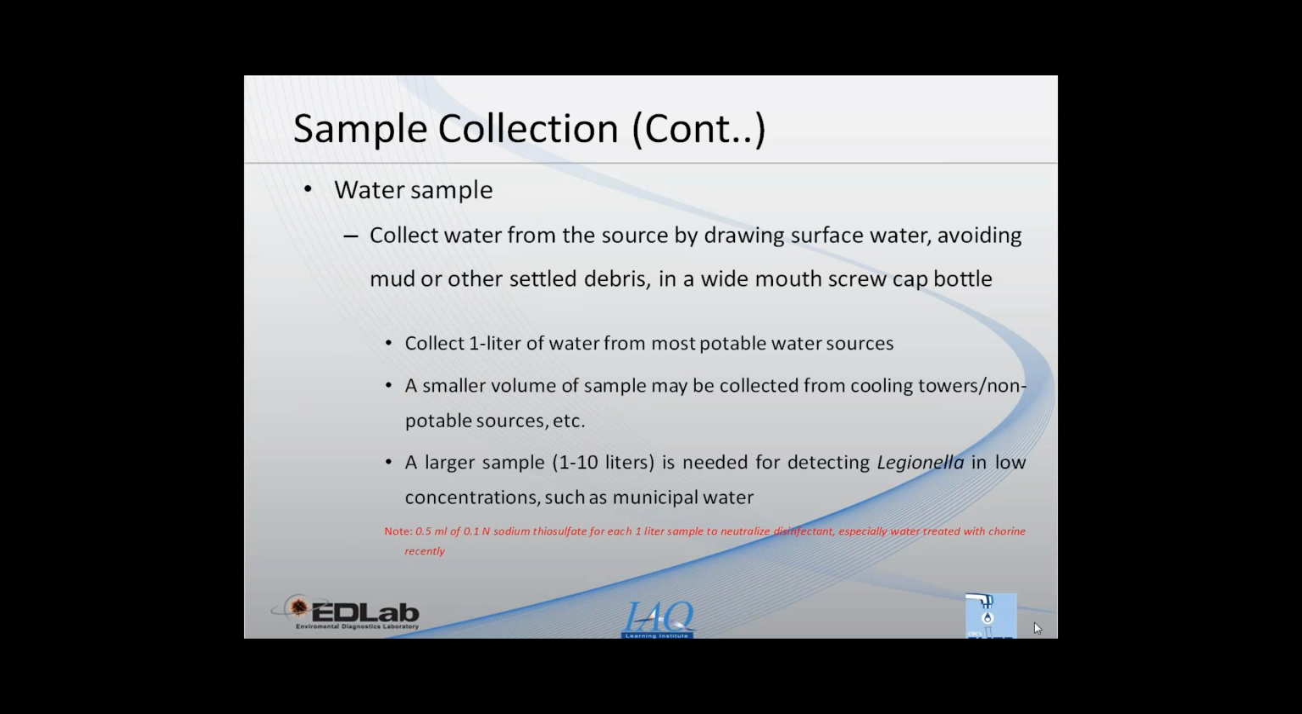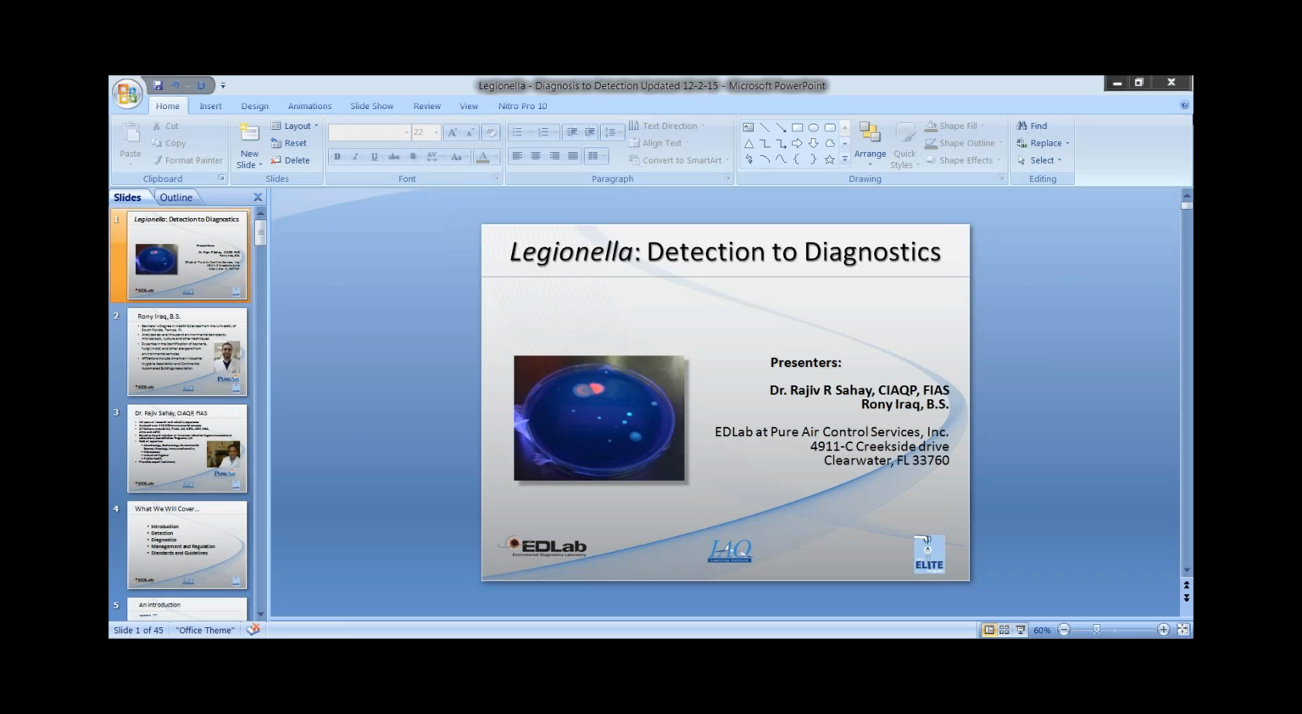First method for sample collection is water sample. You can collect water from the source by drawing surface water, avoiding